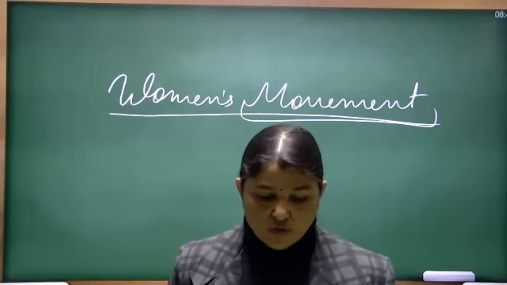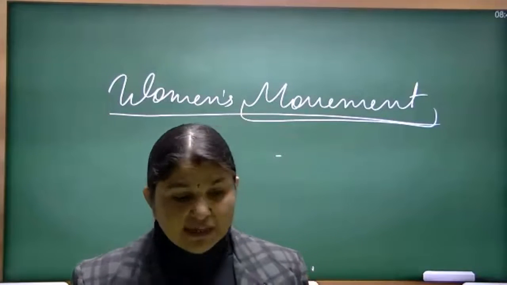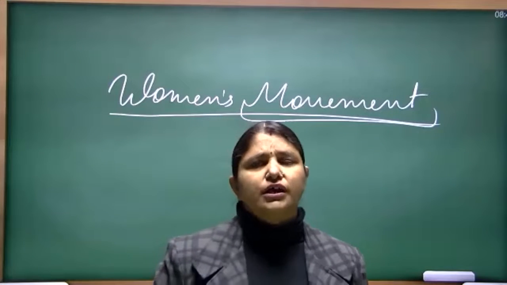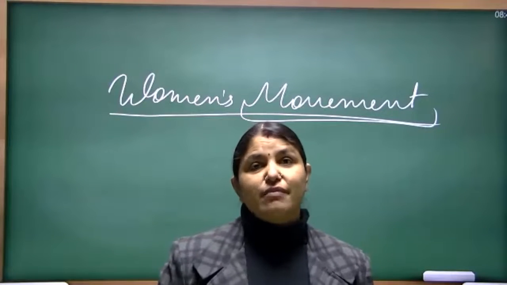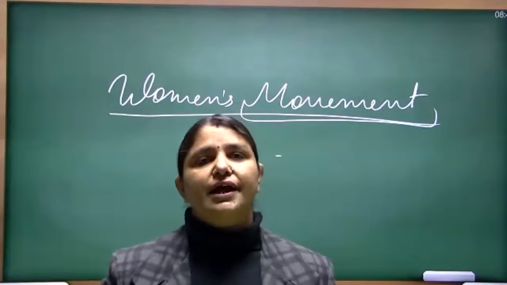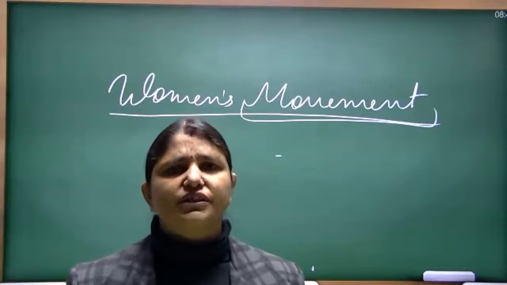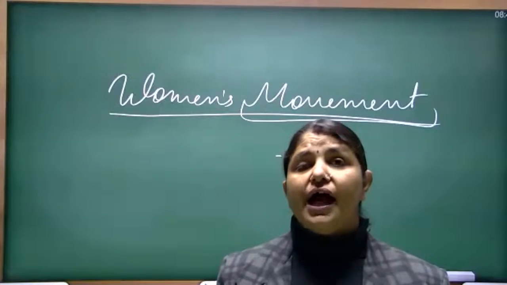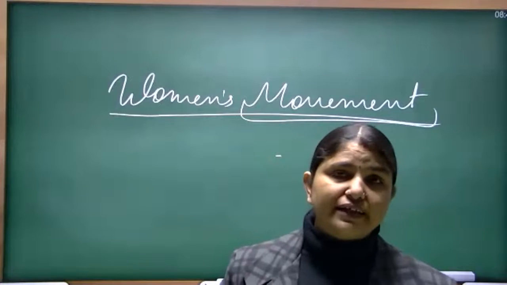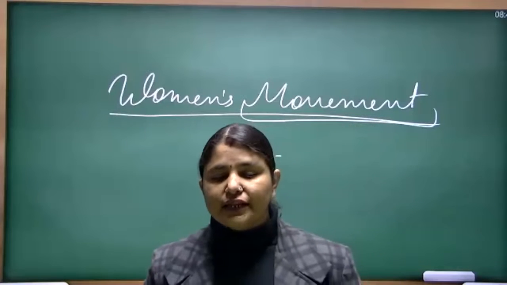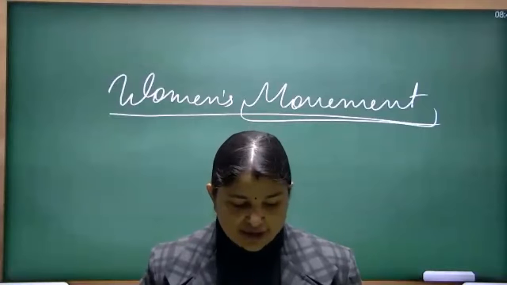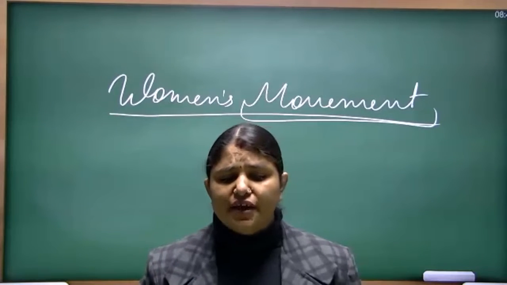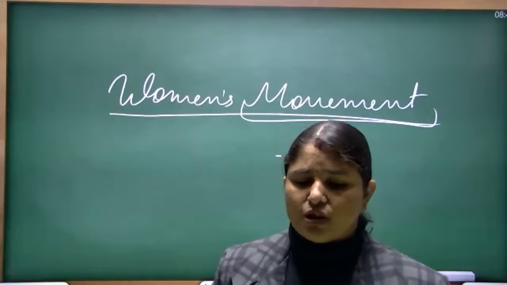So now what happened, boys? Here we will see, when women came to know about education, they started taking education, and at that time their mind developed. And as their mind developed, they came to know that much discrimination was happening with them. There were many places where they were not treated equally as men were treated in society. Many times their family itself did not treat them well. And at that time violence was happening with them. Violence, like maybe any kind of physical abuse, beating, etc.